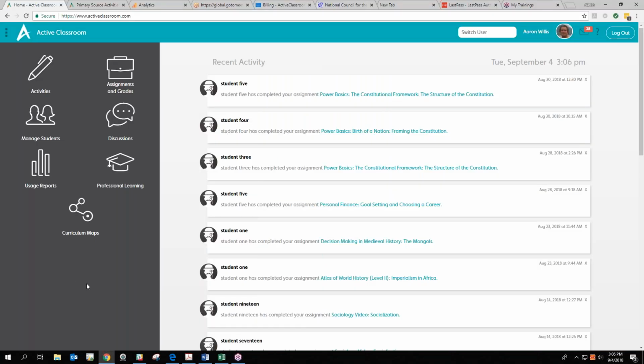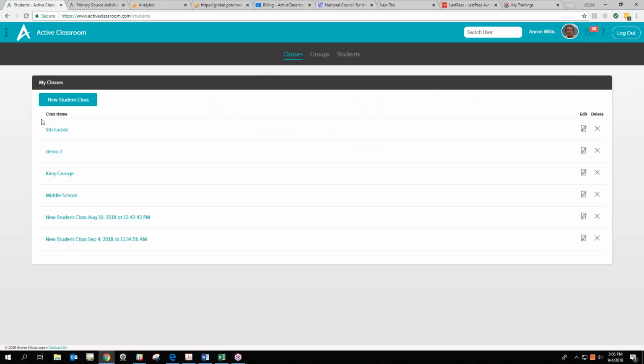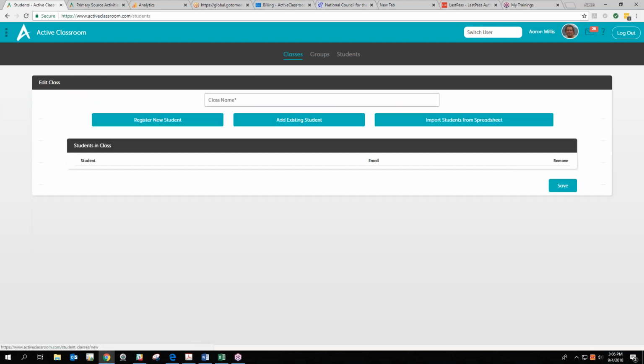Once I log in, I see my main interface here, and I think we should start by going to Manage Students to take a quick look at what might be done there. Here's the place where you can create student classes. You can do a new student class and put the class name in here, and then even add existing students. So say I want to add period 1,